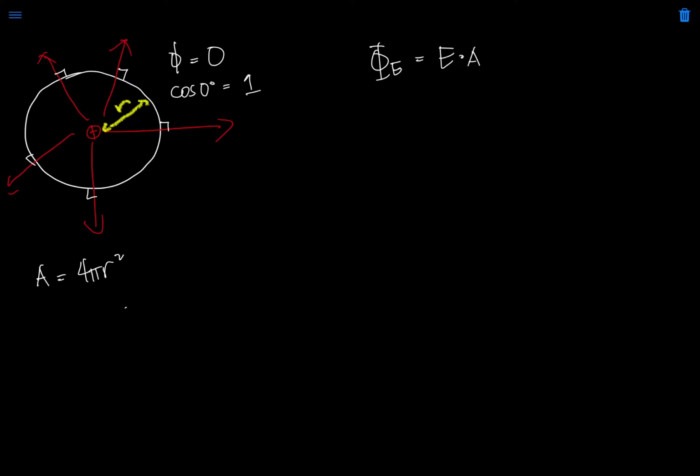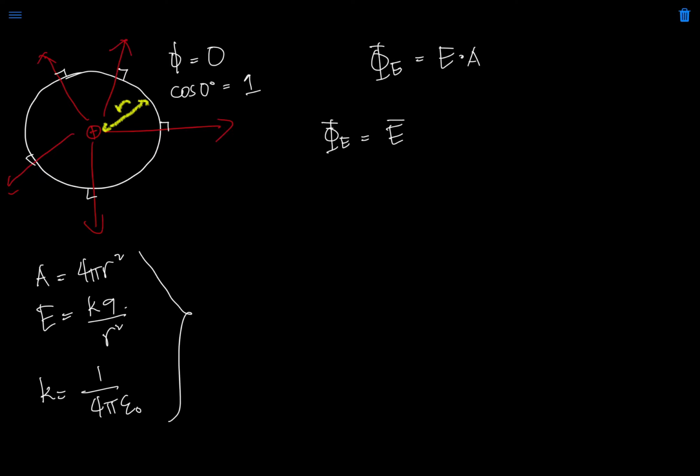In our previous topic, we also discussed the formula of electric field as kQ all over r squared. And k, which is a constant, can be actually solved by 1 all over 4 pi epsilon naught. So we can substitute these formulas into our main formula, which is E times A. So our electric flux will now become